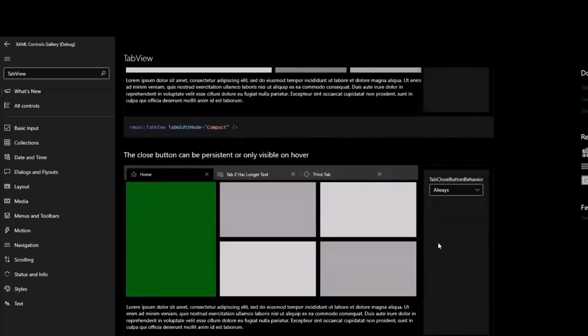Next, we will look at the close button overlay mode API. This new API introduces 3 values, them being auto, on hover, and always. The always behavior is that we will show the close button at all times, regardless if they are selected or